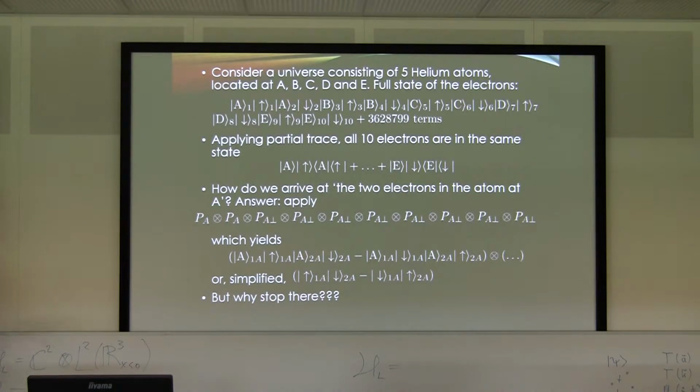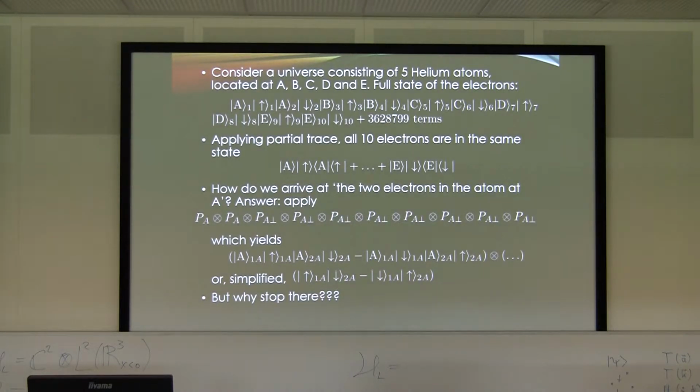Because usually what we say is, oh, we have here atom number A, and now we're going to talk about the 2 electrons belonging to atom A. So how do we do that? Because here we see every electron is actually not located at a single atom, and it's not a product state, so we cannot just consider only Hilbert space 1, Hilbert space 2, and then say we're going to talk about those 2 electrons, because that will never give us the 2 electrons belonging to atom A.